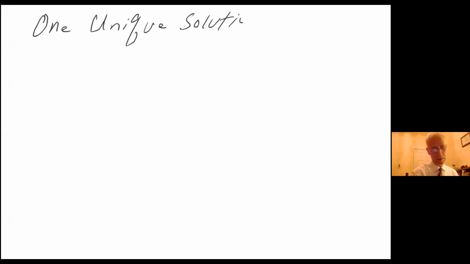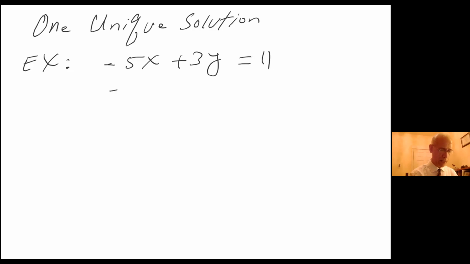I want to tell you about different types of solution a linear system of equations can have. The most useful one is when the system has one unique solution. An example of that is, let's say that we have minus 5x plus 3y equals 11, and